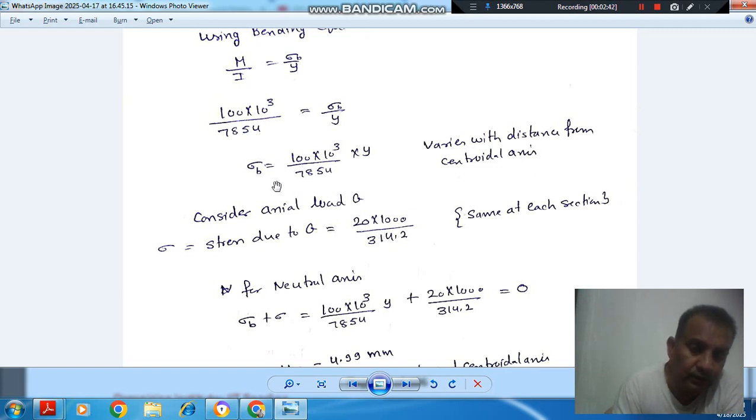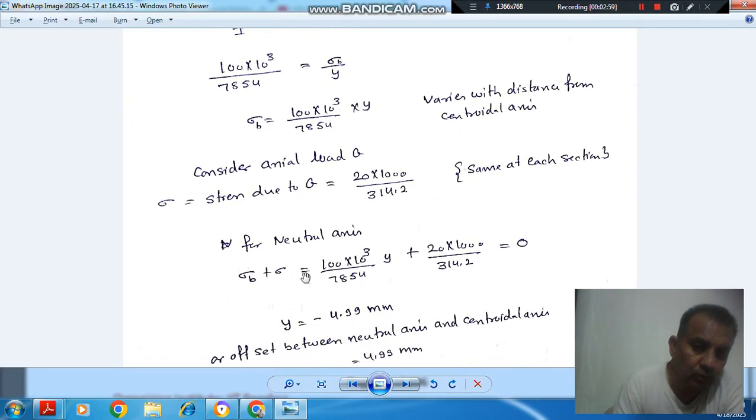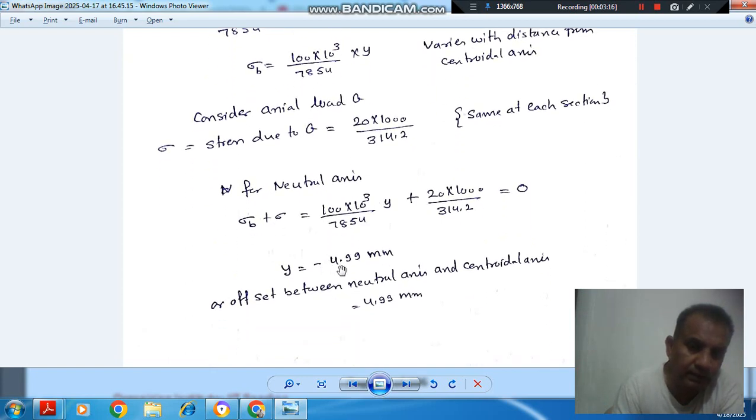Okay, so now two types of stresses are acting on the cross section. One is bending, the other is direct stress. So the total stress at any section is given by sigma B plus sigma. Now if the total stress is 0, then we have the neutral axis, because the neutral axis is defined by no stress. So sigma B plus sigma is equal to 0, where sigma is this quantity and sigma B is this quantity. From this we can find Y. So Y comes out as